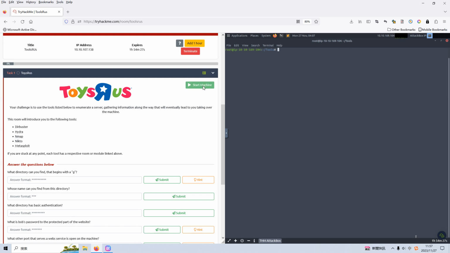So then we can go to the first one. I've already started the machine and will answer the questions below. What directory can you find that begins with a G? In this case, my most favorite tool to enumerate directories is GoBuster. However,